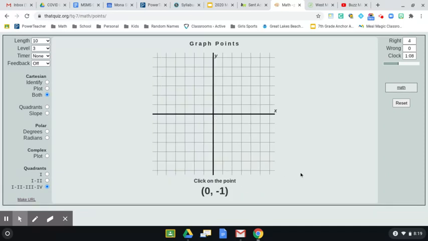Okay. And then it'll switch on you again. So now, for example, you would plot the point 0, -1. So I'm not going anywhere on the x. I'm at 0, and I go down to -1 and click. And then you're just going to keep going. So you're going to have a set of 10 in each level. And so then once you get done with level 3, try level 4, and then do 10 problems there, and